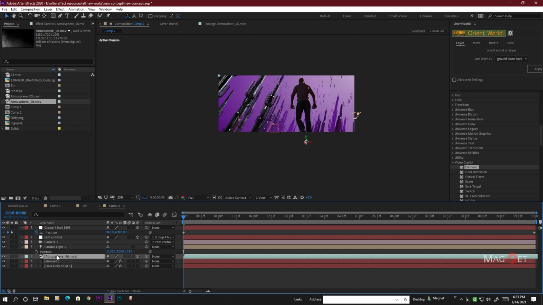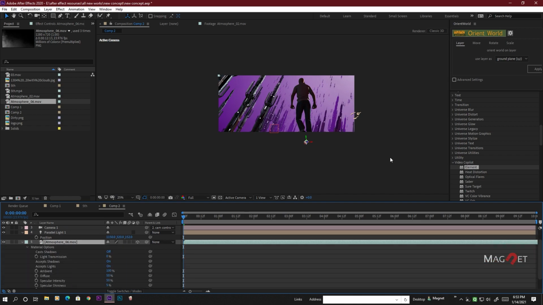Now we press A on the keyboard, because we have an additional light in our scene, so this stock footage would also interact with the light, and we don't want that. So just disable this option except light. Okay,